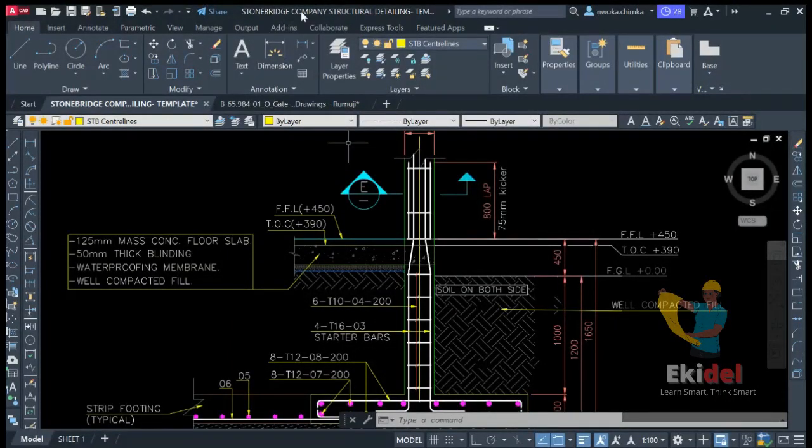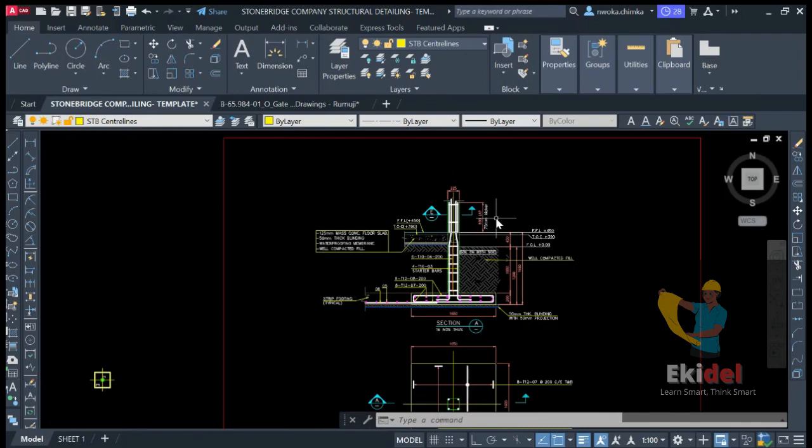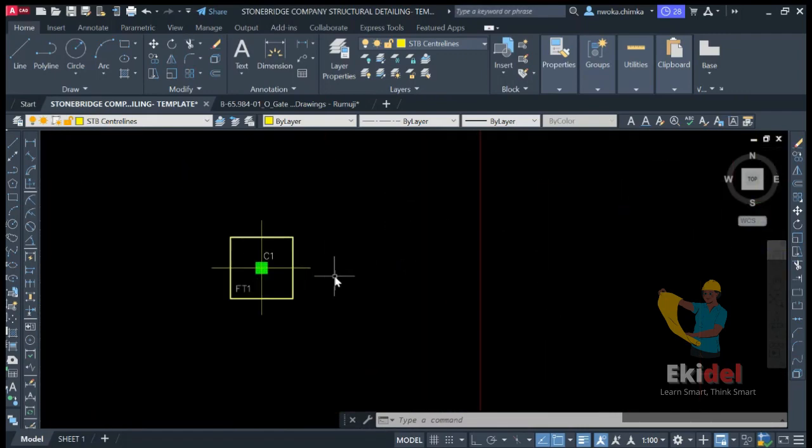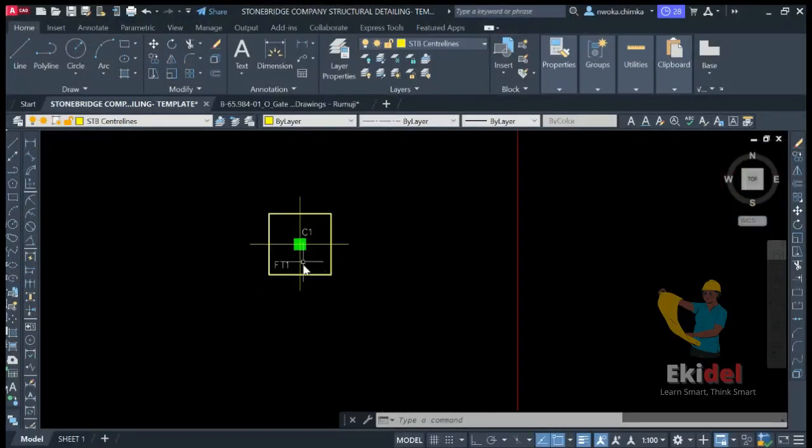using the Stonebridge company template. If you need this template, you should click on the link down below, and I would advise you to use this template because it makes your work very easy and fast. Okay, so right now, let's begin to detail